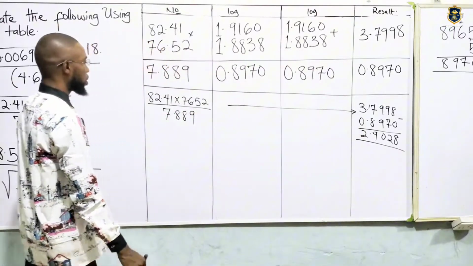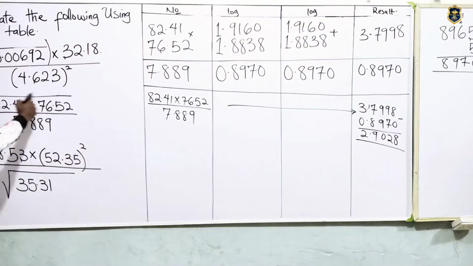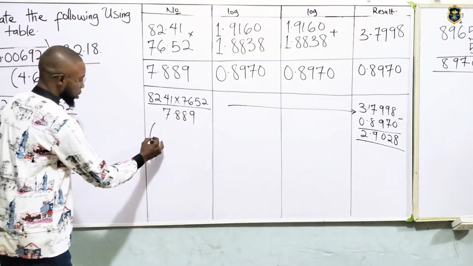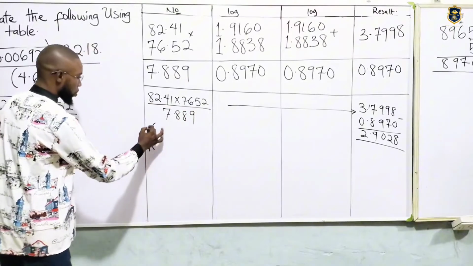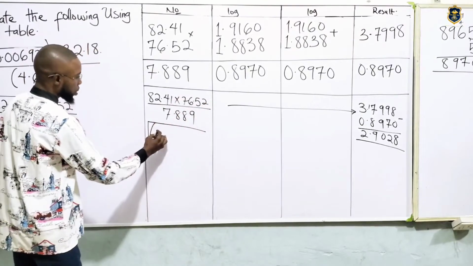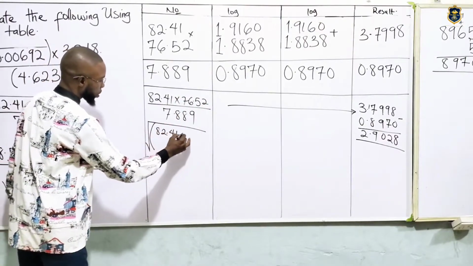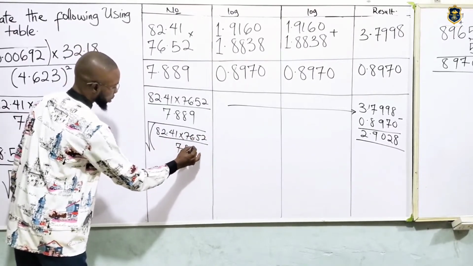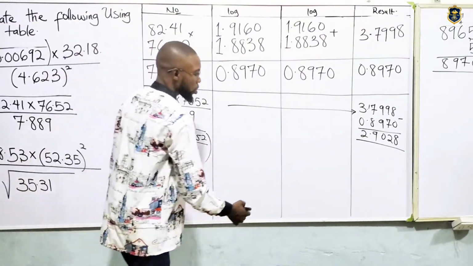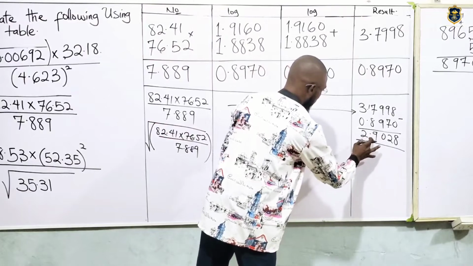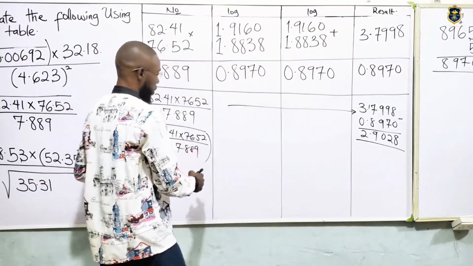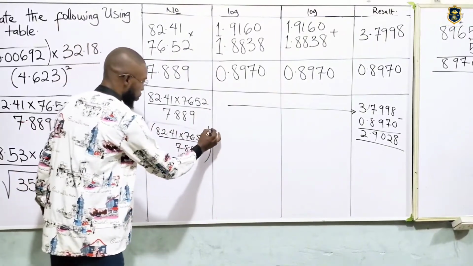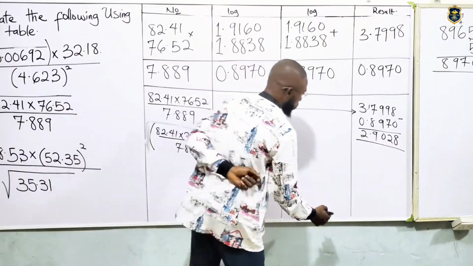But we're not done. We are taking the square root of everything. The square root of the whole answer that we got there, which is 82.41 times 76.52 over 7.889. What this means is that we are dividing this by 2 because this is square root, right? So it is simply, if I remove this, I can replace this with 1 over 2. So this answer will divide by 2. So it becomes